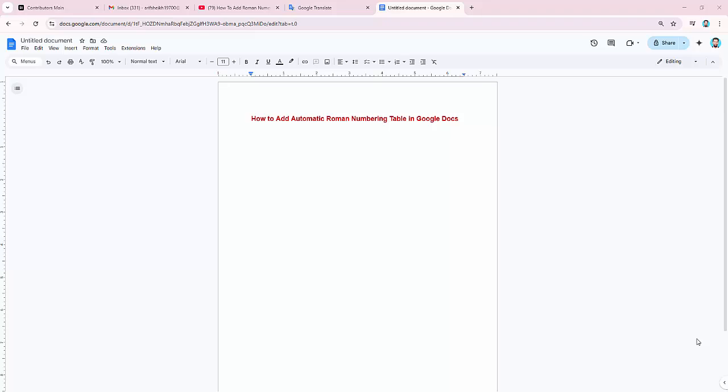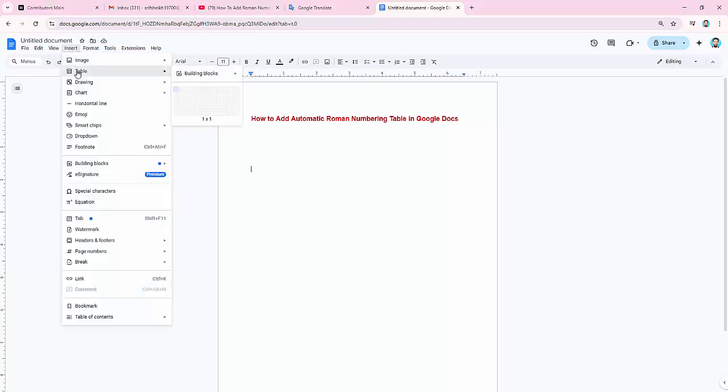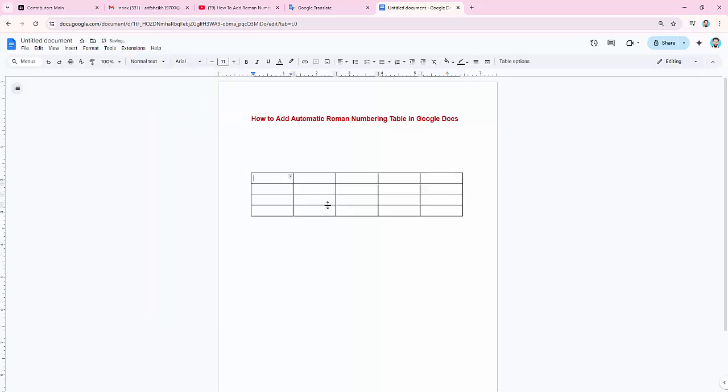Now, first, insert a table. Go to the Insert menu option, then click. Now select the Table option. Now select rows and columns. Now you can see the table is inserted. Now select the row option, then go to the